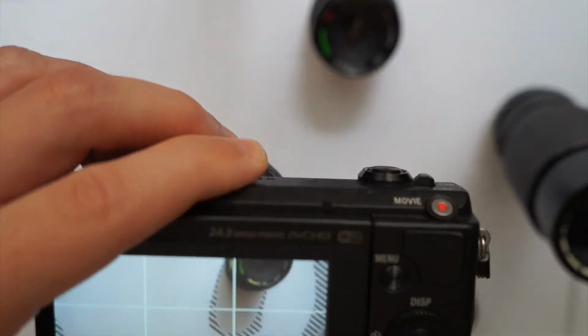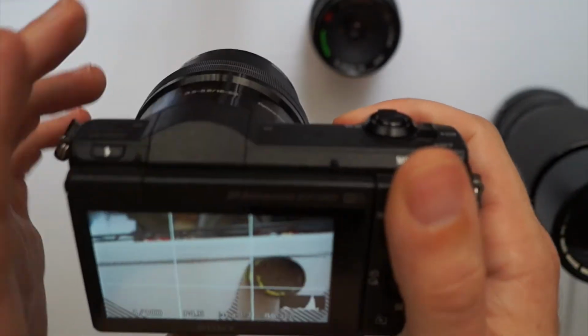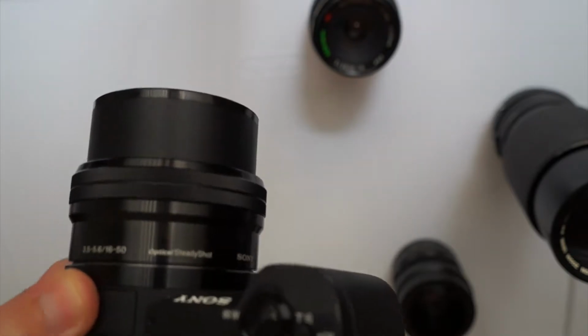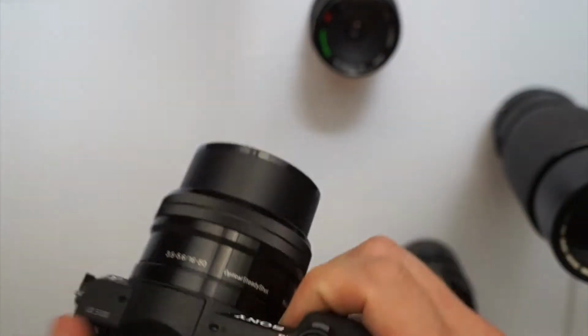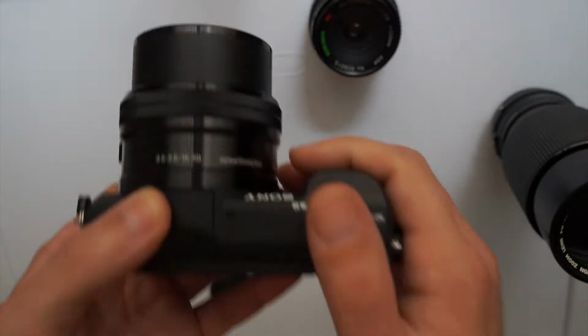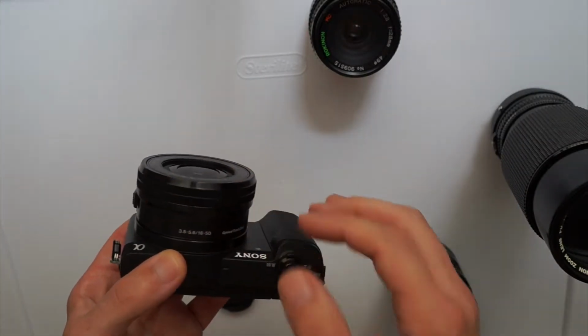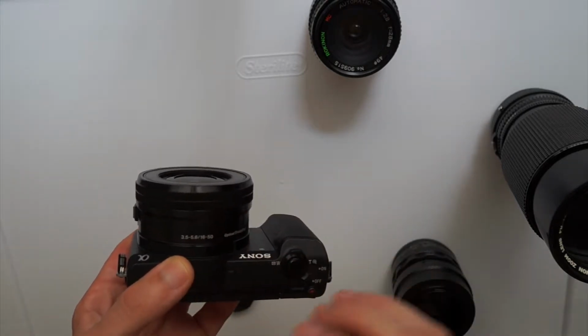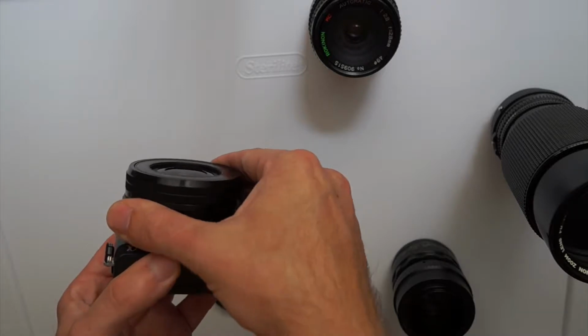I gotta say though, the image quality and the fact that you can put on a bunch of different lenses, awesome. So yeah, the image quality is crazy. I'll show you the setup that I usually do when I'm taking stills. I always keep the kit lens on it just in case, because it has autofocus and stabilization, and you never know. It's really great for video,